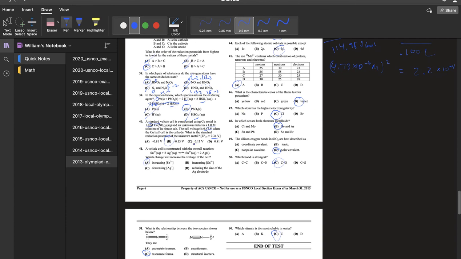We know that Cu2 plus is getting reduced. I mean, I guess it could be Cu plus, but that's not really what's important right now. We know that a copper cation is getting reduced because it tells us that Cu is the cathode. So we have to figure out what's getting oxidized. So if we do this, E cell, or E overall, however you choose to write it, is equal to E reduction 1 minus E reduction 2. The reason it's a minus is because you have a reduction plus an oxidation,